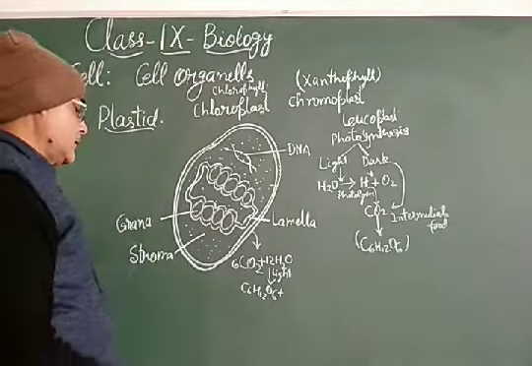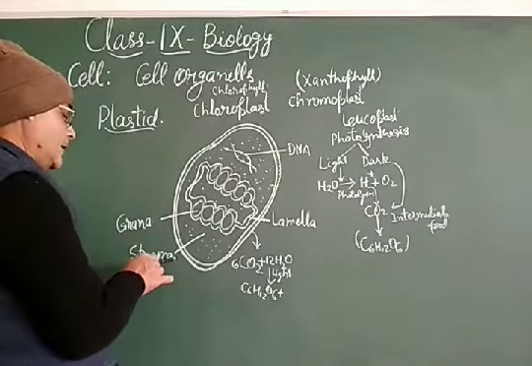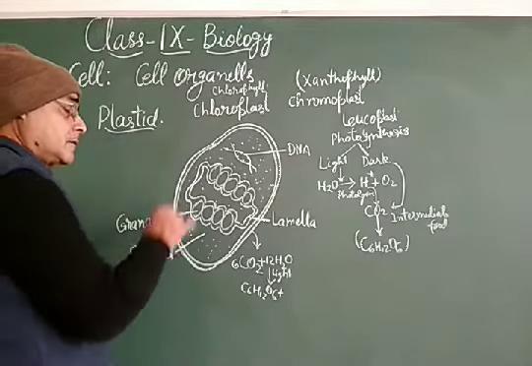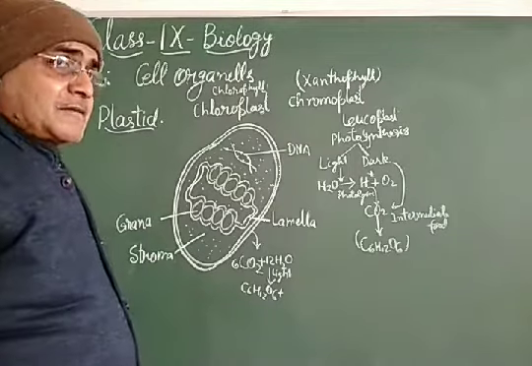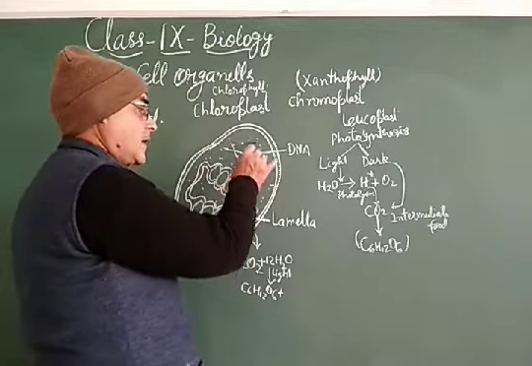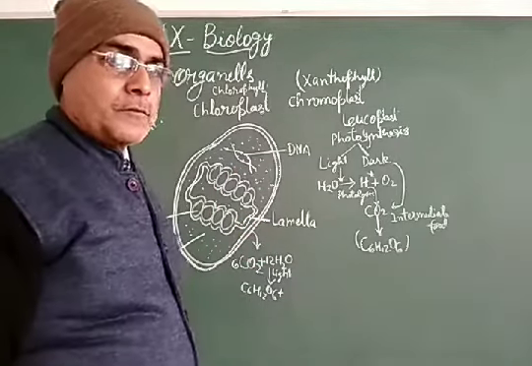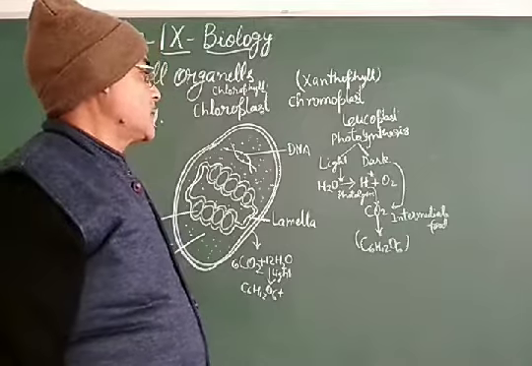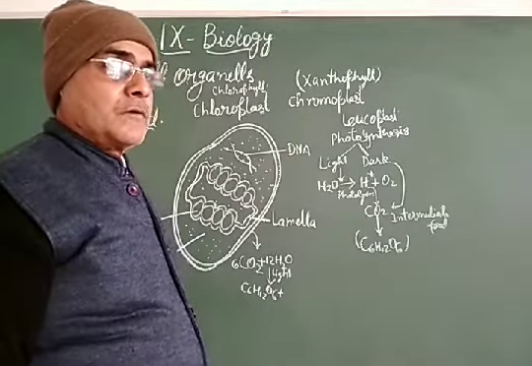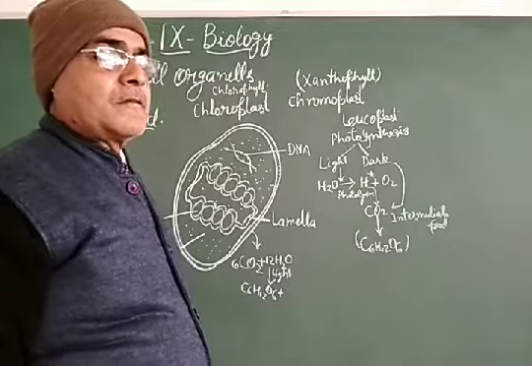So dear students, the light reaction is performed in the grana and the dark reaction is performed in the stroma. This organelle plastid has its own DNA because of its specific type of function, that is photosynthesis. Due to this specific function, this cell organelle has its own DNA, while nuclear DNA is also present in that particular cell.